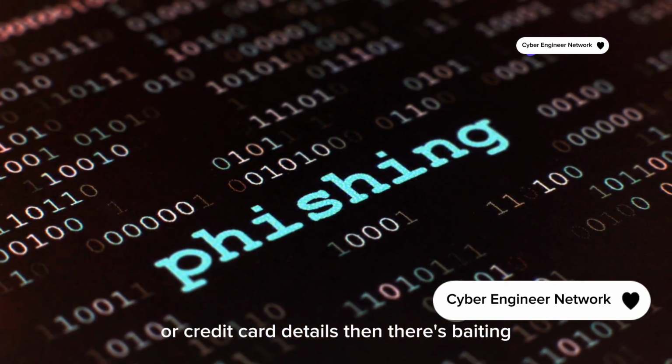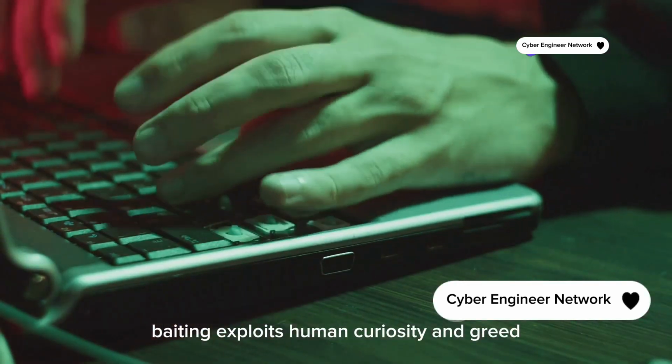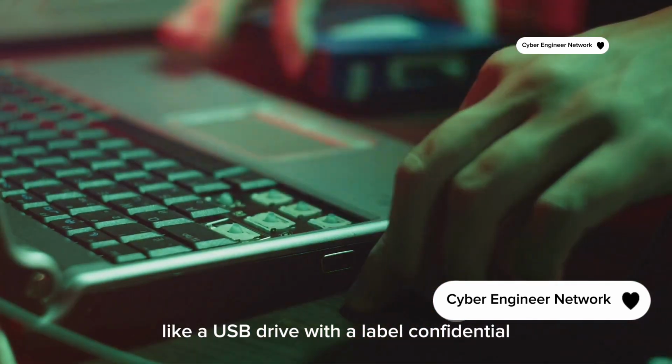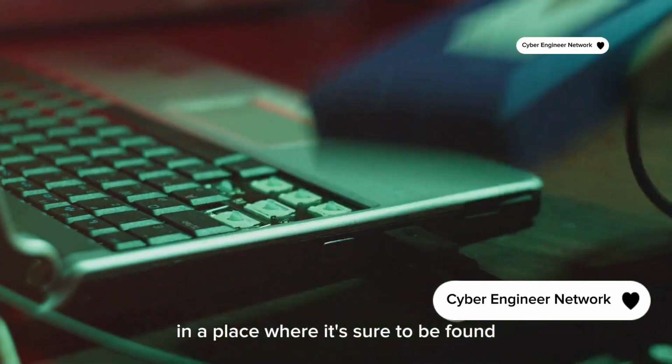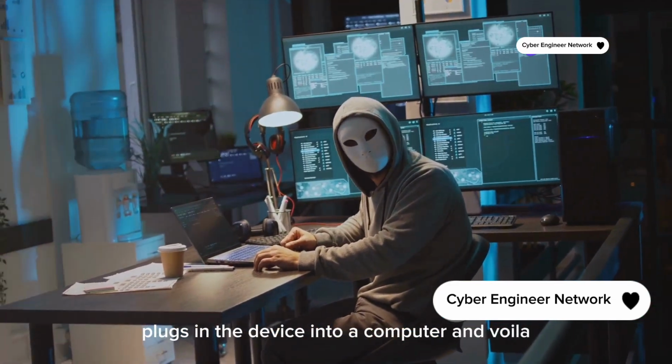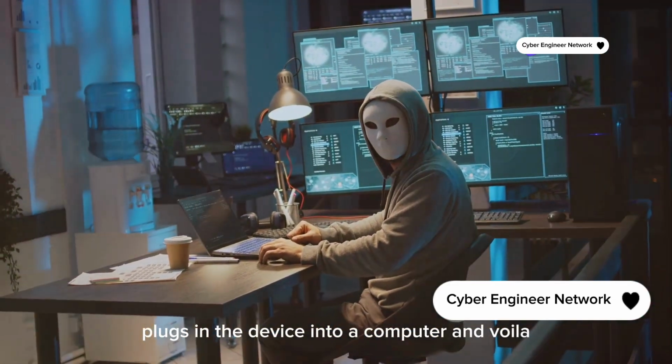Then there's baiting. Baiting exploits human curiosity and greed. Attackers leave a malware-infected physical device, like a USB drive with a label confidential, in a place where it's sure to be found. The unsuspecting victim, driven by curiosity, plugs in the device into a computer, and voila, the system